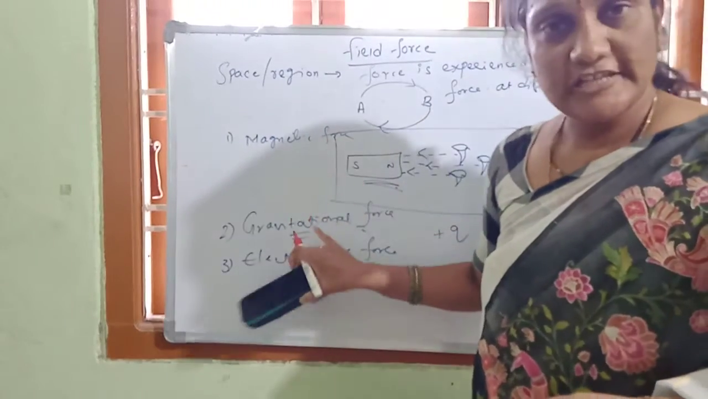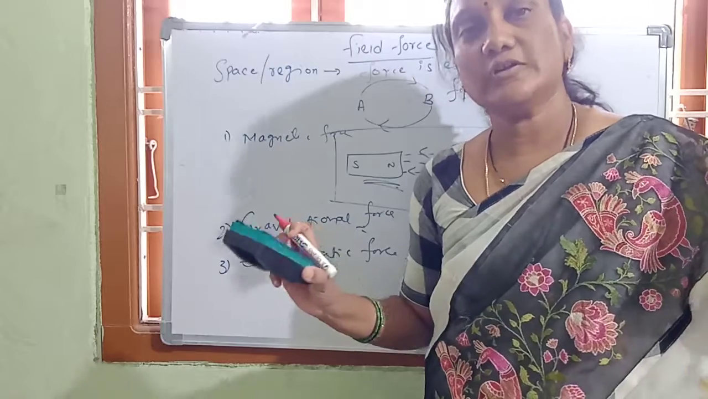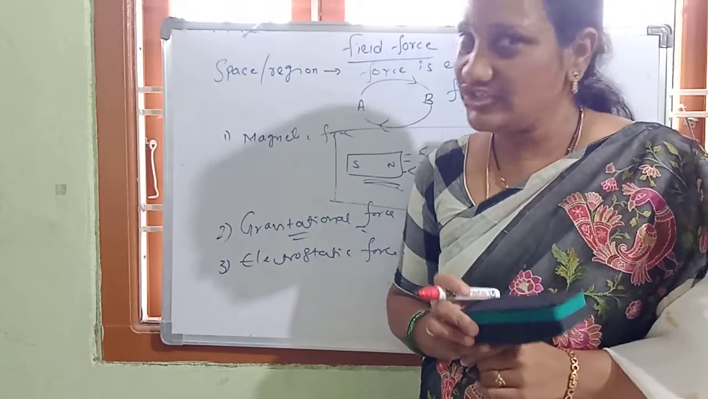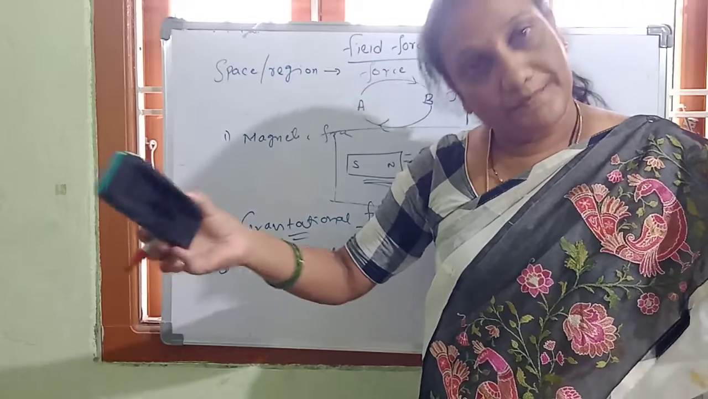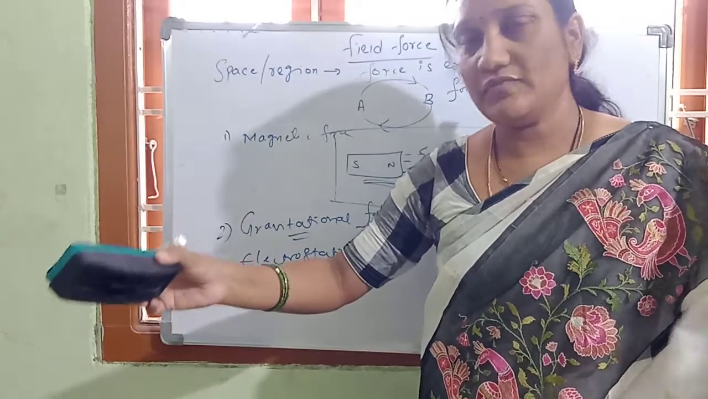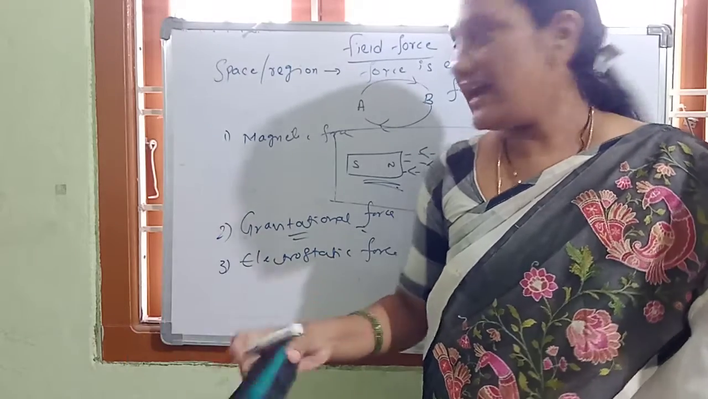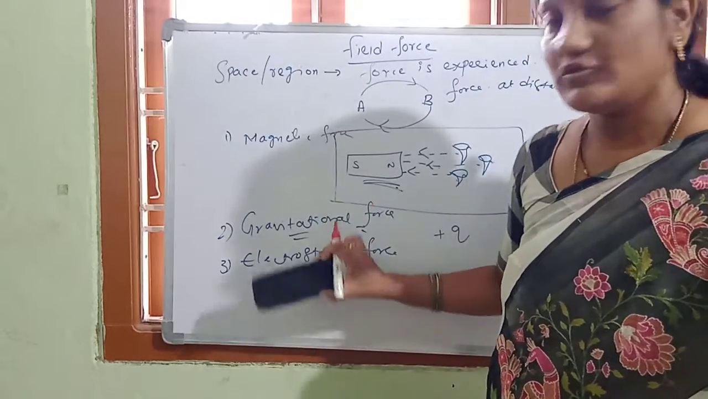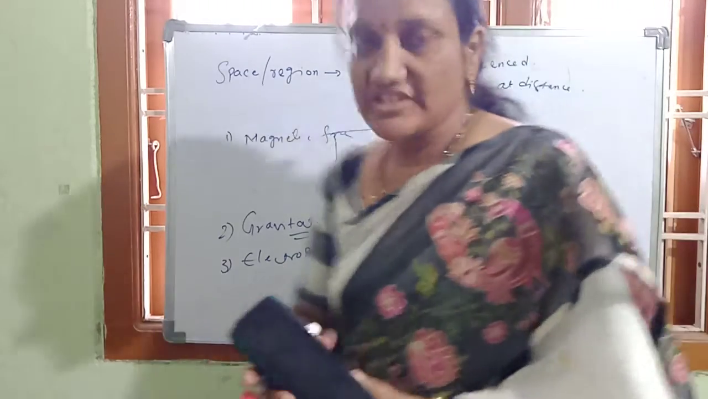In these three examples, we find that objects are not in physical contact or interaction with each other. So they are at a distance from each other. Then also, a certain force acts by one object on another object. And the best examples for that are magnetic force, gravitational force and electrostatic force. Alright. Now next,